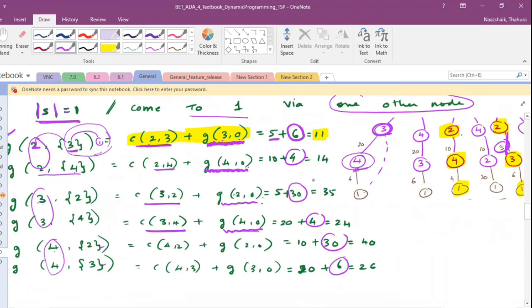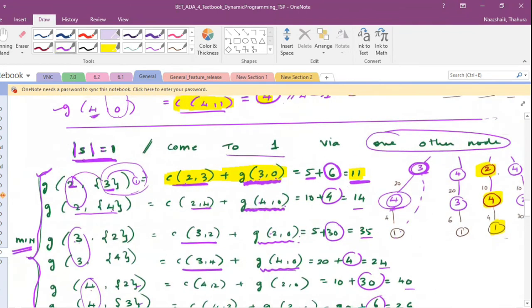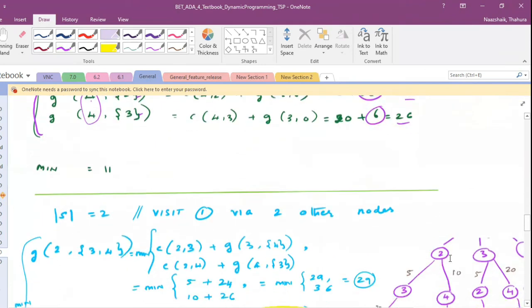So you have these many combinations. So finally you get these many values, okay? And the formula says pick the minimum. So this is also part of your formula. So basically what dynamic programming does is it will explore all the possible choices and pick the minimum in that choice, right? So here we know we explored all the possible choices and the minimum here is 11. So just highlight that and keep it, okay? So this step is clear. When sizes, what do you mean by S equals 1 and how did we get these combinations? Is this clear? So let's go to the next step, right?